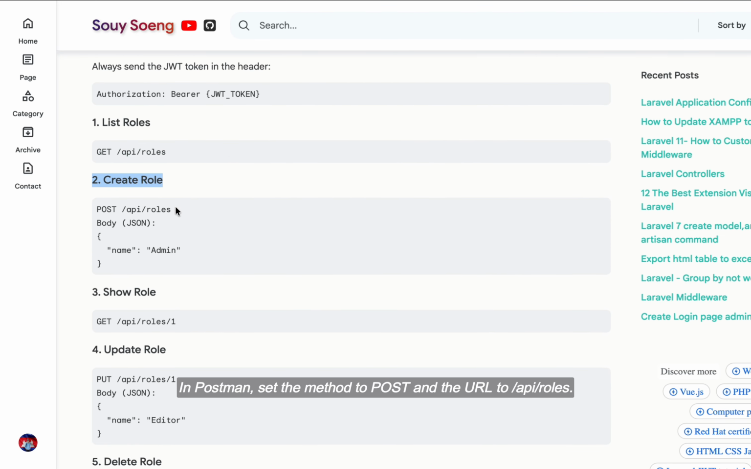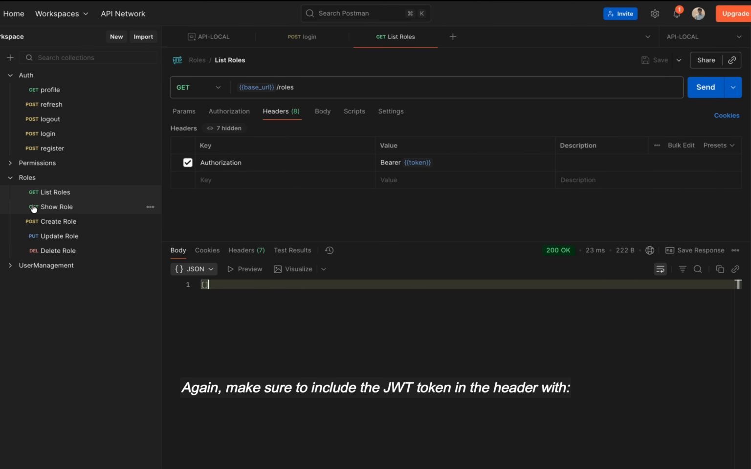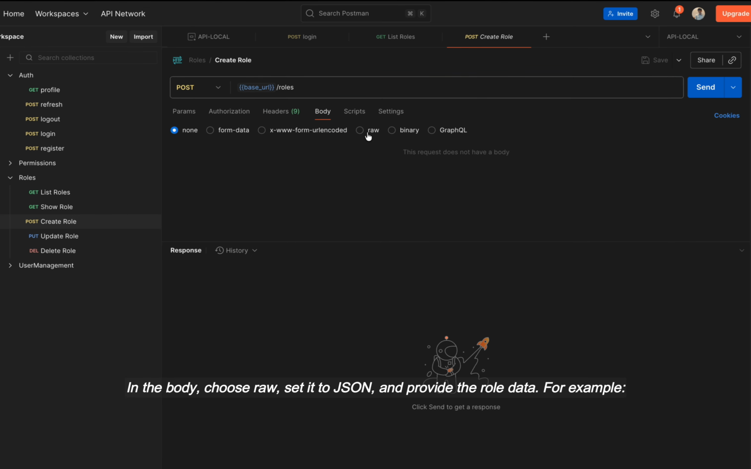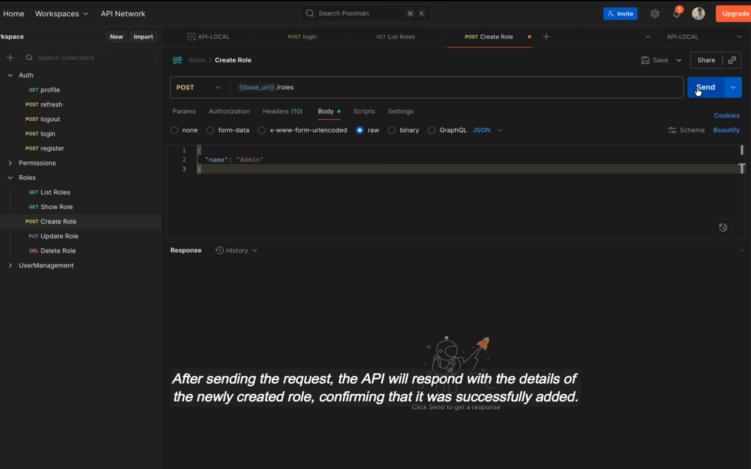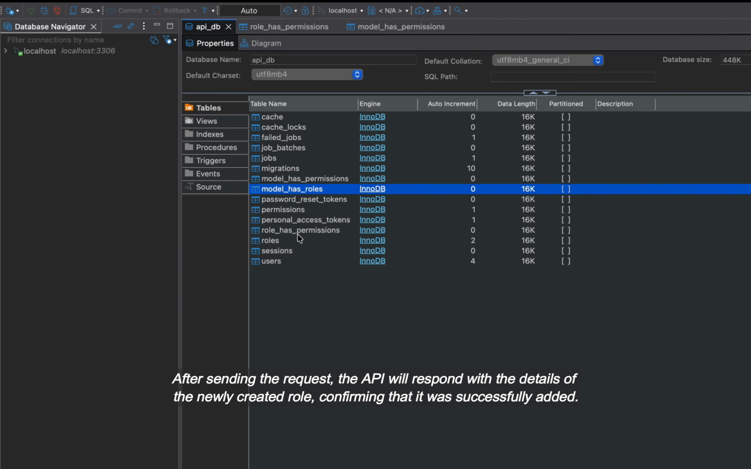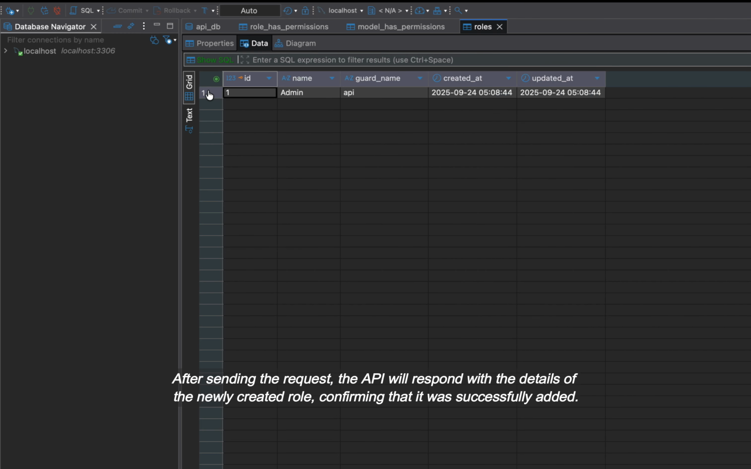In Postman, set the method to POST and the URL to /api/roles. Again, make sure to include the JWT token in the header. In the body, choose raw, set it to JSON, and provide the role data, for example. After sending the request, the API will respond with the details of the newly created role, confirming that it was